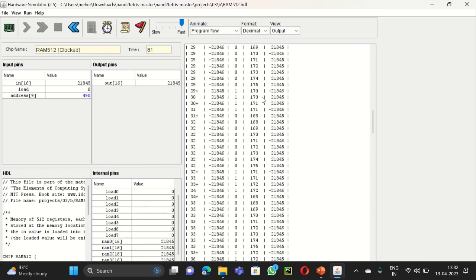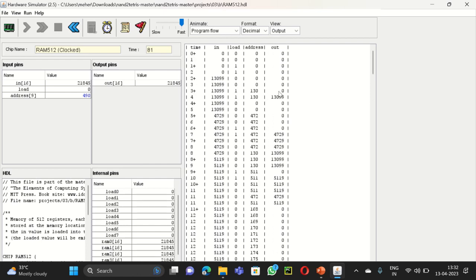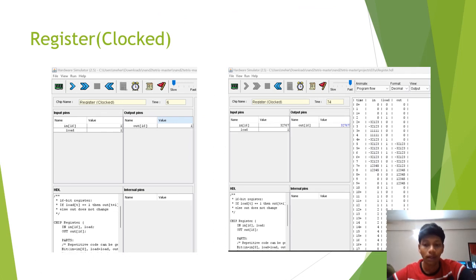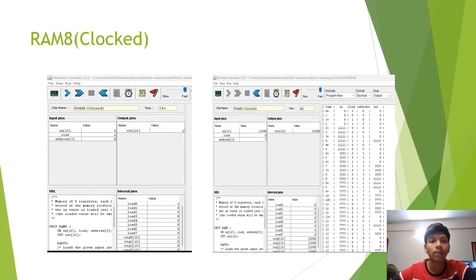Load chip. So with this we will end the simulation session, and we can go through all the screenshots of the chips given in this script, and then move on to the conclusion section. These are the simulation results of the register clocked. This is the interactive simulation result, and this is the script based simulation result of the register. And this is the interactive simulation result of RAM 8, and this is the script based simulation of that. This is the desired output table,